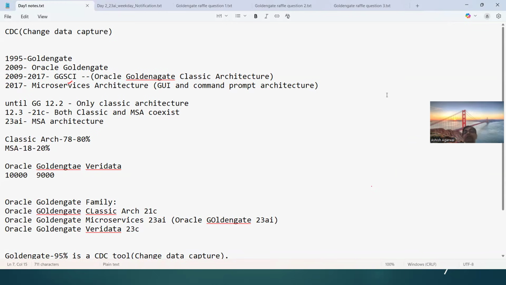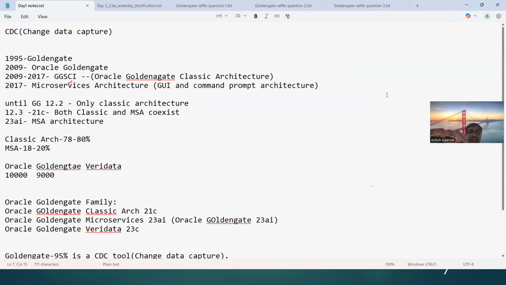As Oracle does, Oracle acquired GoldenGate. And trust me, guys, it became a game changer. I have been working in GoldenGate since 2007, before Oracle acquired it. I have seen GoldenGate change a lot. You won't believe what GoldenGate was, and what it has become after the acquisition. It is a complete difference. In 2009, Oracle took it over, and since then it is known as Oracle GoldenGate.